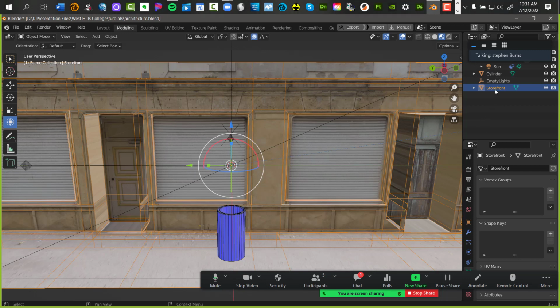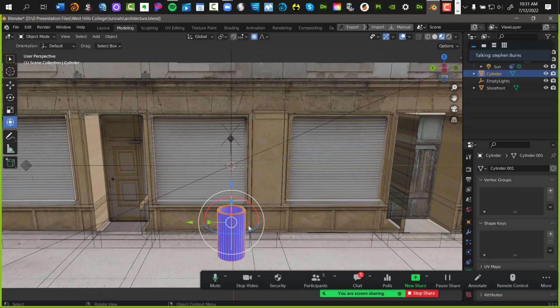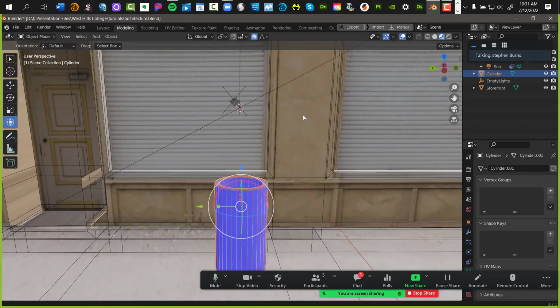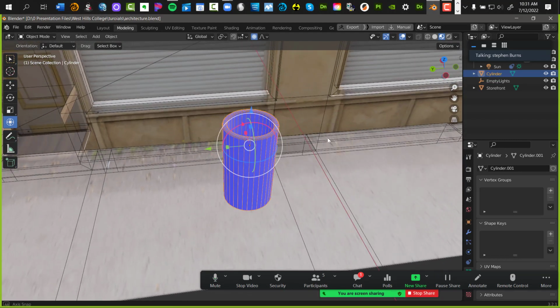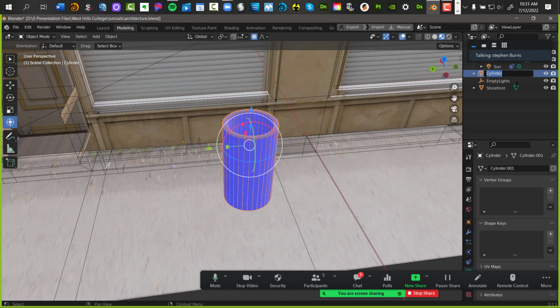So what I'm going to do now, my 3D asset is the street. I renamed it. By the way, you can rename your cube by double clicking on it. So it says cylinder, which is basically what I use to create my garbage can right here. If I double click on the cylinder and just rename it garbage can, try renaming your cube now.